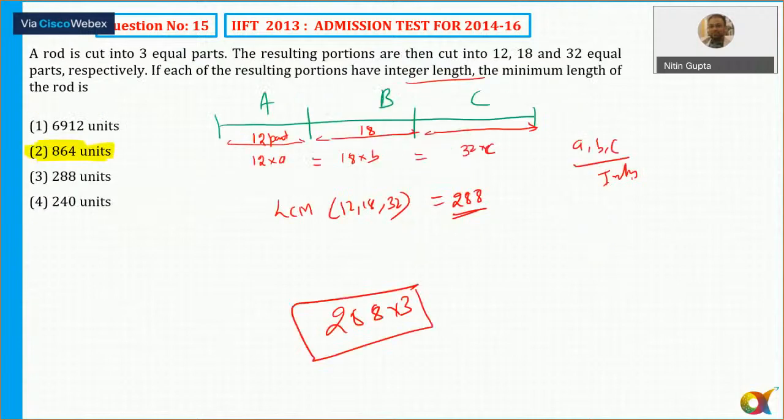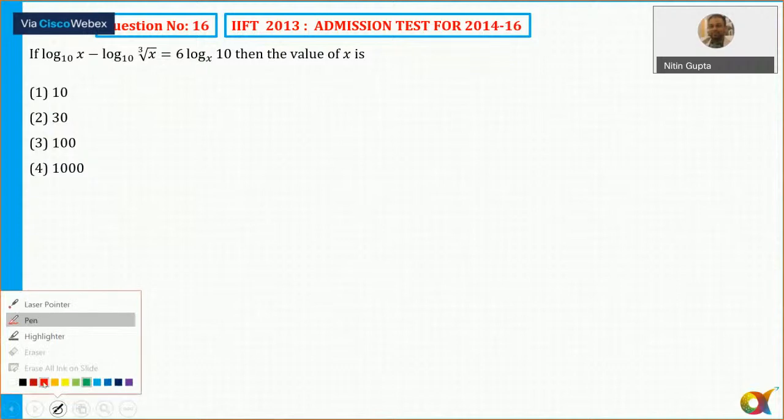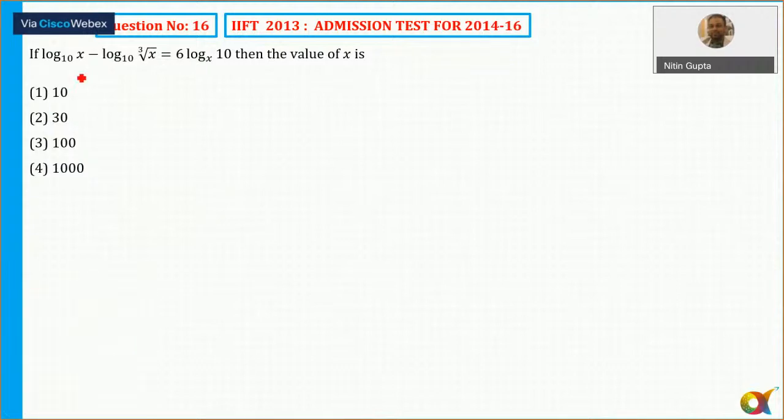15 we are done, easy tha. 16, value of x. The easiest way here in question number 16 is with the help of the options. अब ऑप्शंस में सारी वैल्यूज गिवन ही है तो ऑप्शन से सब्स्टिट्यूट करके चेक कर लो, देखो कि किससे आंसर आ रहा है easily. Value of x from the options, and you can check it otherwise, वैसे भी कर सकते हैं यहां पे. Base is 10, a minus b is all of a by,